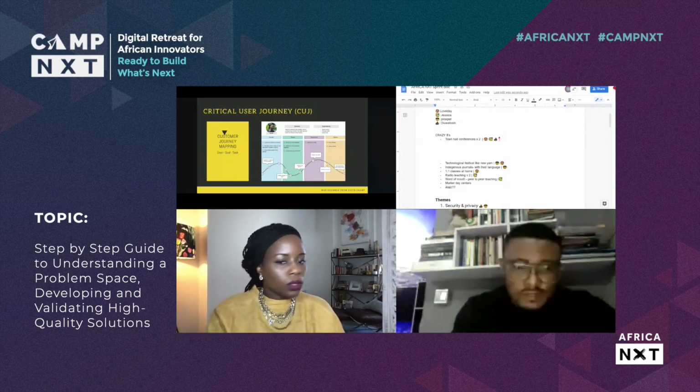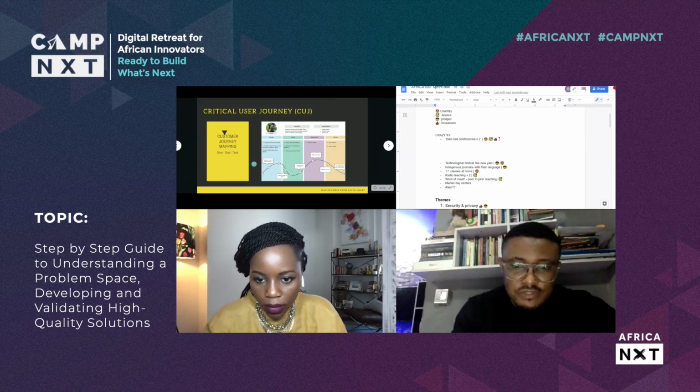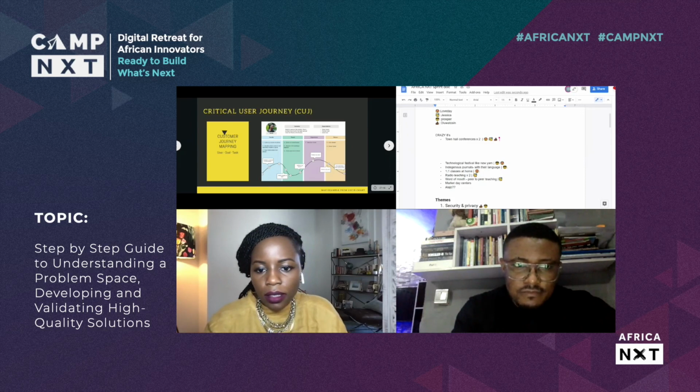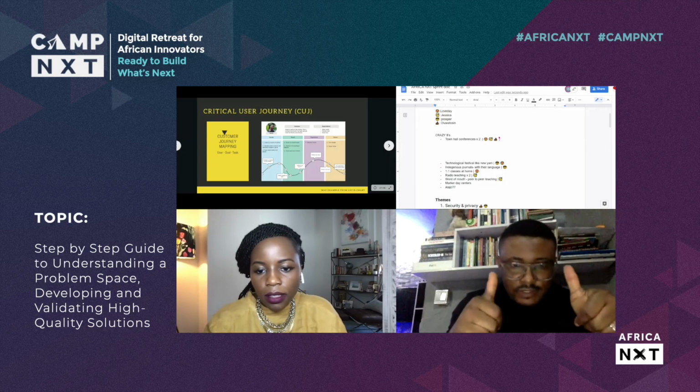Hey, I'm not sure we are seeing your screen. Oh, you're not? There's a new screen showing Osa's screen share. If you check, it's different from the whiteboard we were writing on before. Can you see it now? It's showing critical user journey. No, not yet, I'm just seeing yellow. Just double click on the screen with the yellow design so it can expand.